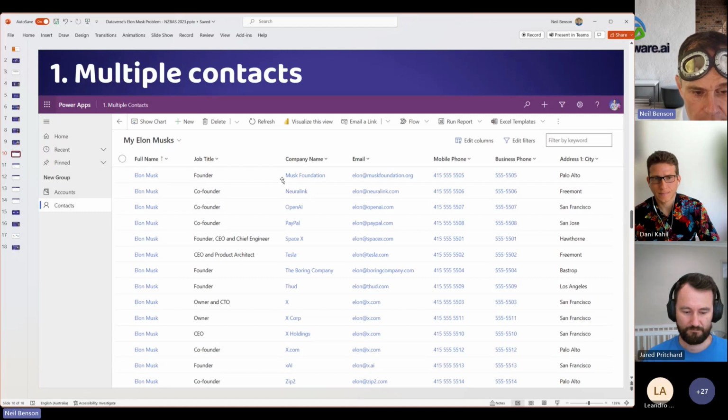If I opened one up, it would be Elon Musk, with a job title. He's got a different phone number at each of these organizations, different business phone number, different addresses, different email addresses, different job titles. So there are 14 distinct contact records. I don't know how he's got 14 different mobile phone numbers. Maybe Elon Musk has got the world's only phone with 14 SIM cards, or some virtual SIMs, I